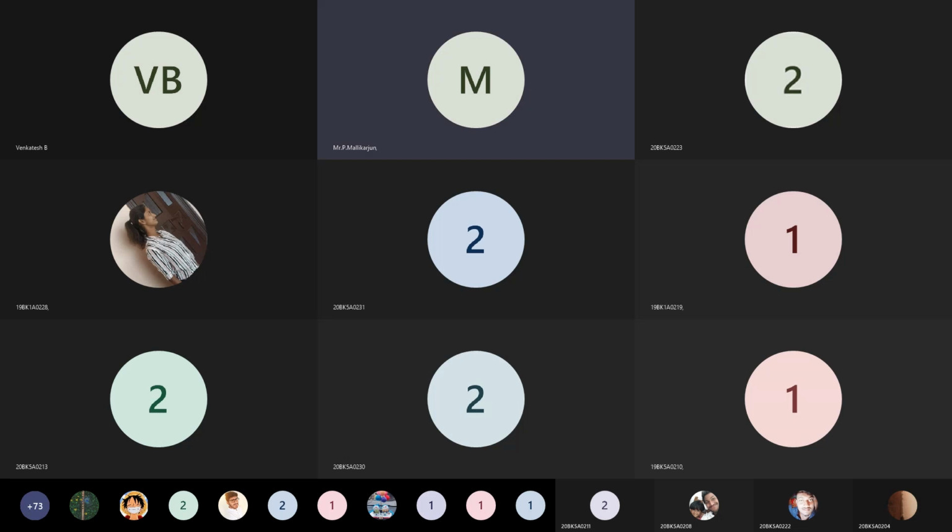Sir, your screen sharing is not visible. Sir, the slides are not visible, only the first slide is visible. We are not able to see the screen sharing completely. Let me share again.